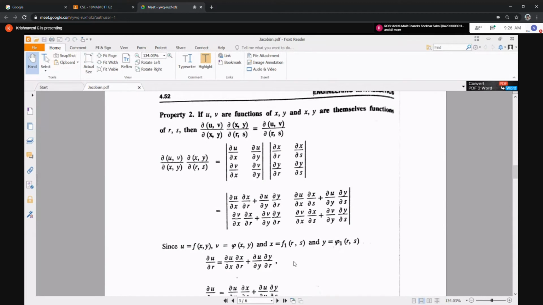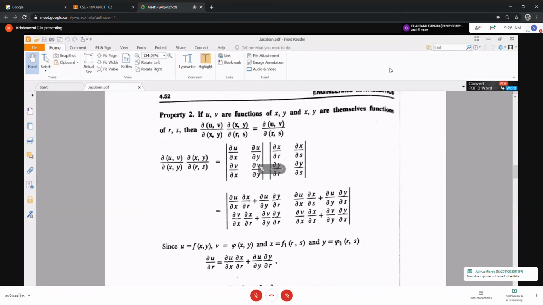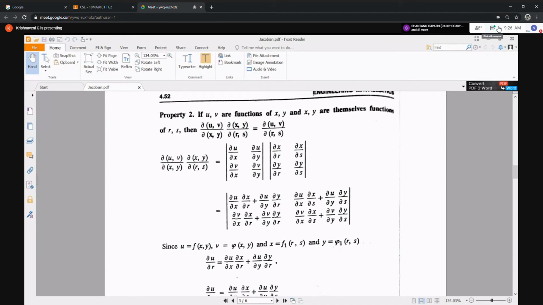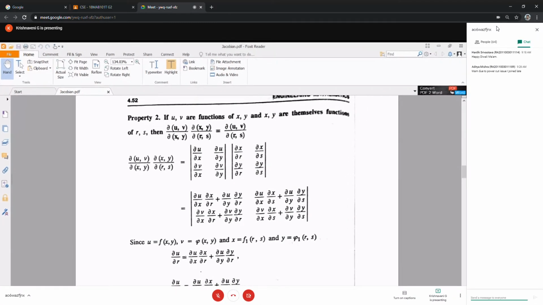Okay. I think in the last class I gave functionally dependent problems. Am I right? Yes, ma'am. Okay, second chapter over. What did I give in the last class? Two problems on that topic. The functionally dependent problem, with function u equal to (x plus y) upon (1 minus xy). Exactly. Second chapter over.